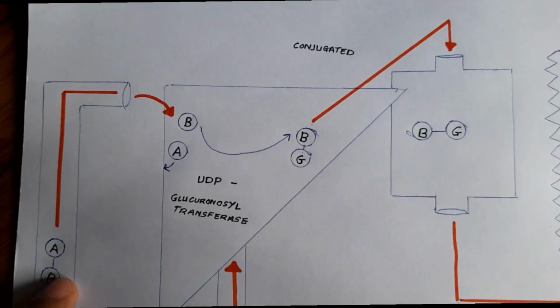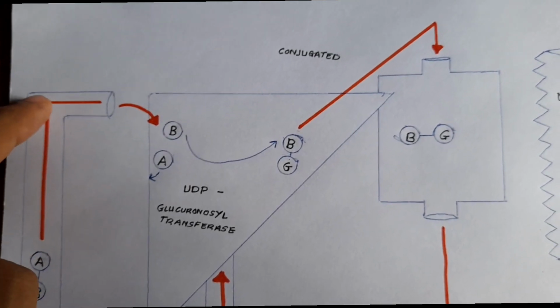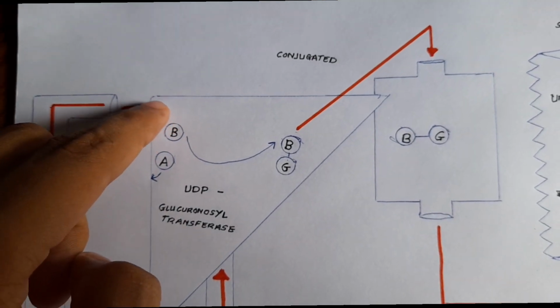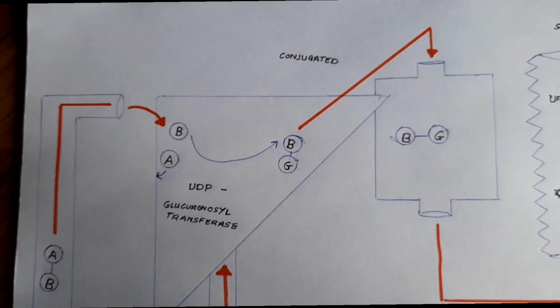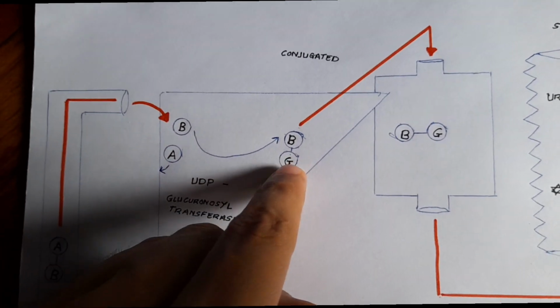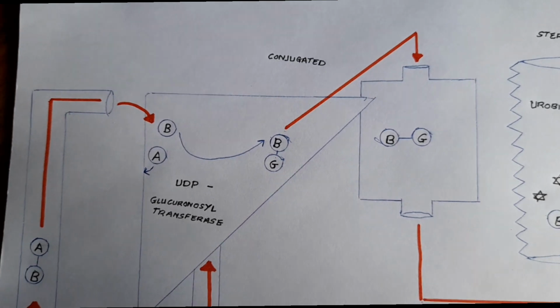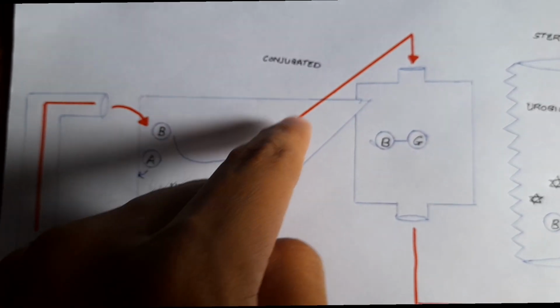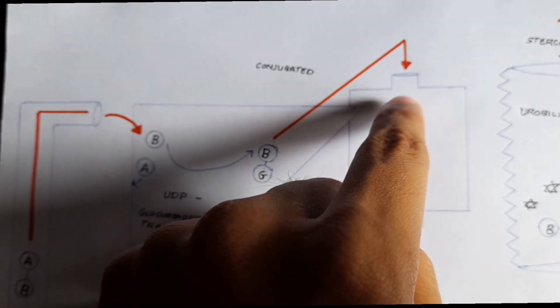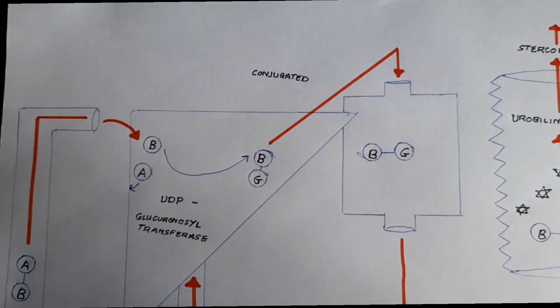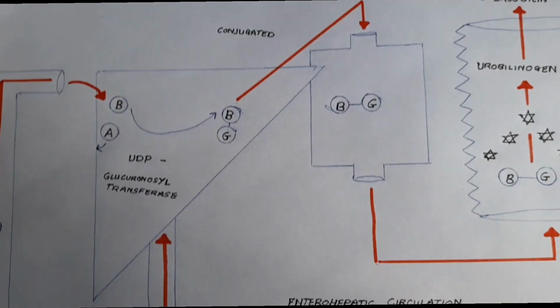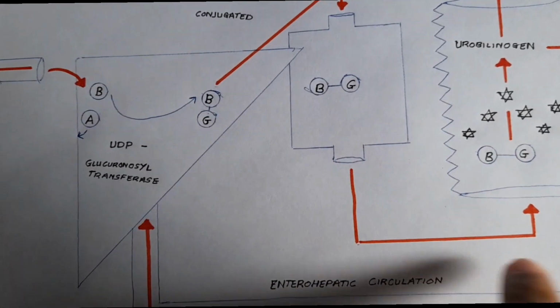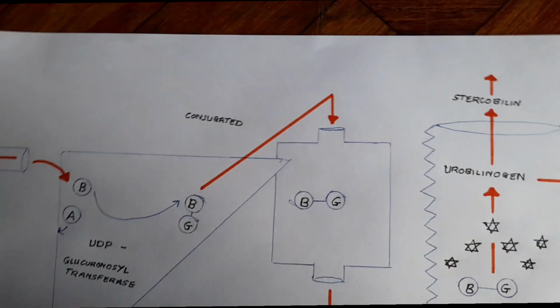This albumin and bilirubin, which is unconjugated bilirubin, goes to the liver to get conjugated, and albumin is removed, and glucuronic acid is added to the bilirubin. So this glucuronic acid and bilirubin are now conjugated bilirubin. This conjugated bilirubin is added to the gallbladder with bile, and then goes to the intestine, and in the intestine, because of the bacteria, this conjugated bilirubin